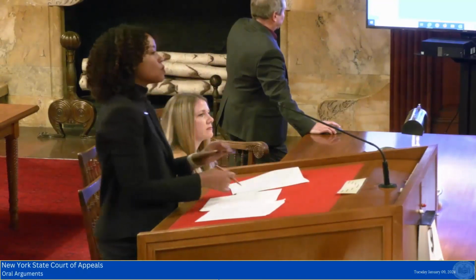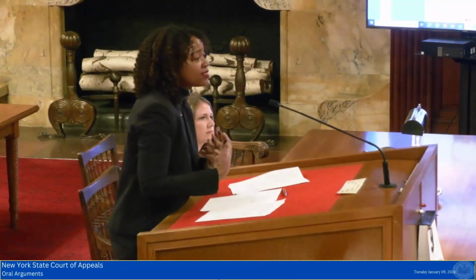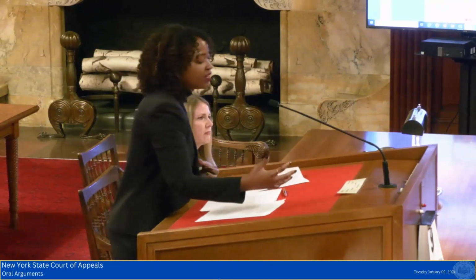Let's give a hypothetical, going back to what the chief judge said. Let's say you have one of the qualifying offenses under 2A that involves a violent robbery of blank passports, and there's certainly an implication that the defendant plans to use these blank passports. Assume it's a qualifying offense under 2A. Could you not argue risk of flight based on the fact that this defendant committed a robbery of blank passport forms? No, Your Honor, you could not,